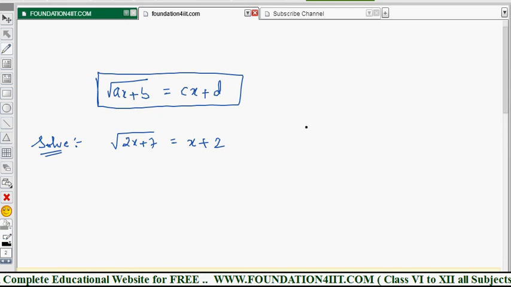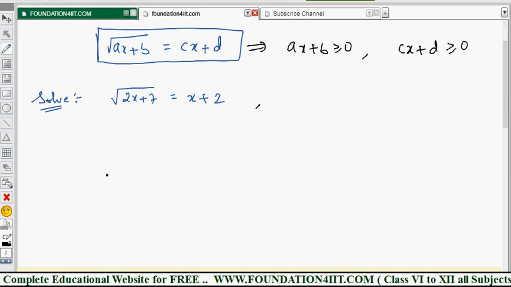So from this, if you observe, ax plus b should be greater than or equal to 0. There is one condition. And cx plus d also must be greater than or equal to 0. The square root of a number will not be negative, and under the square root there should not be any negative numbers. Any values apart from these we can call extraneous values, and they will be omitted. So first let us solve, and after getting two answers, we find the exact answer among them.